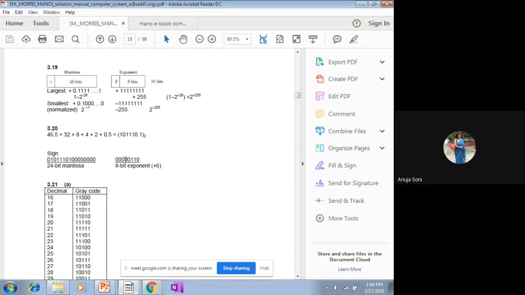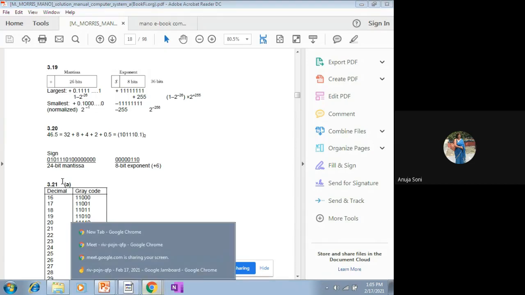Now we come to the mantissa part. What is the mantissa part? It is beginning with 0.1000, and whatever the remaining, 0 stands for your sign bit. That is why it is beginning with 0. 0 is a sign bit, and in the remaining mantissa, where the fraction values are, the zeros have to be placed on the right hand side so that its magnitude may not be changed. It should have no impact on its magnitude, because it is a fractional value. That is why additional values are placed on the right hand side in order to store it in the capacity of 24 bits, 16 bit rather. 16 bit mantissa and 8 bit exponent and one sign bit.